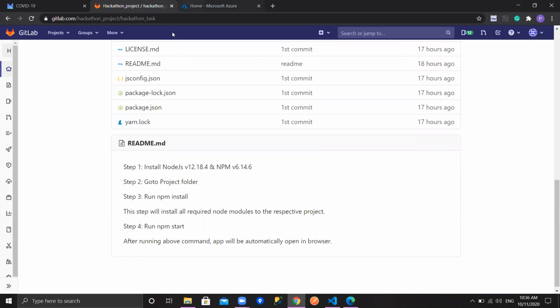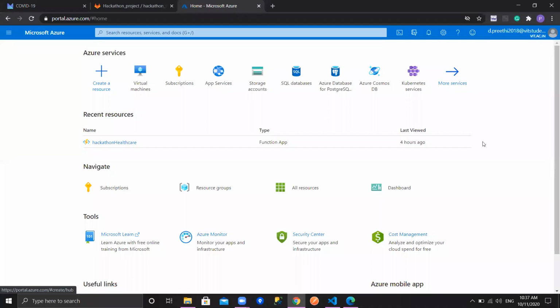Next, we are going to see the deployment phase. We deployed our website in the Azure portal. We deployed our project in Azure, but due to some configuration reasons, it is still in process. You can see that we have uploaded our project under the title Hackathon Healthcare.